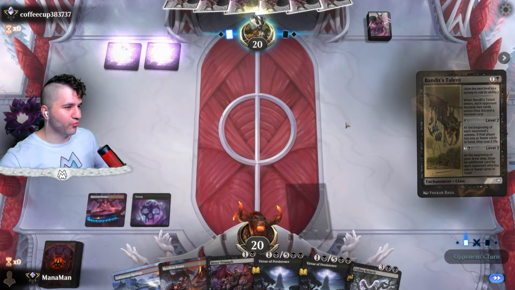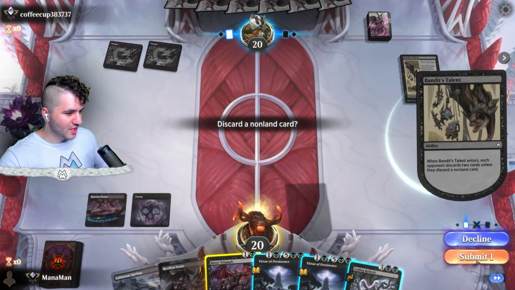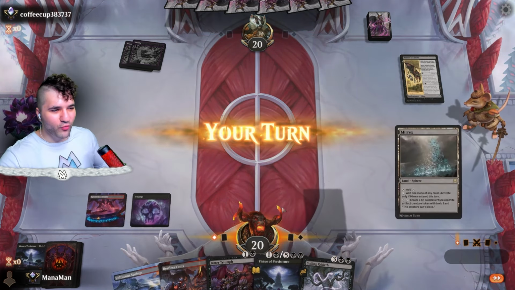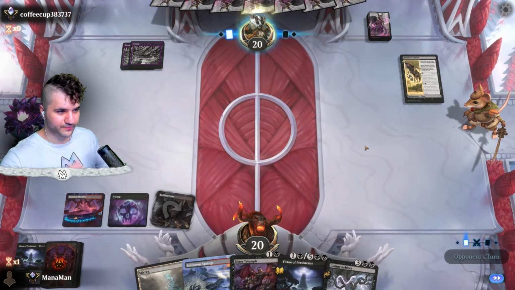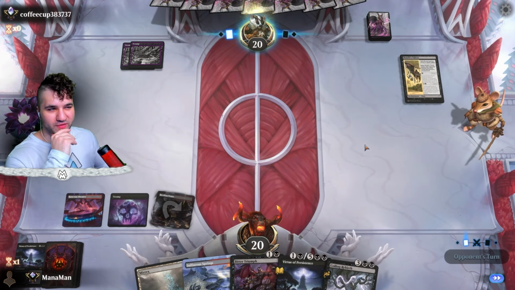We actually have a... okay, I was going to say Bandit's Talent. So I think we have a relatively good matchup. It's close. Should I go for Virtue? So we have a relatively good matchup versus discard because we just go for the Coiling Rebirth. But we don't have any of our big stuff to do that with, so...